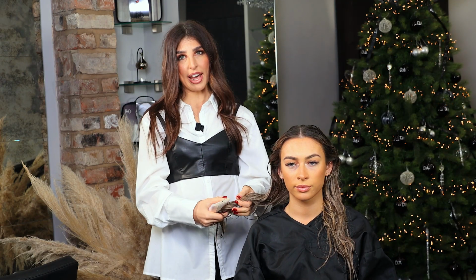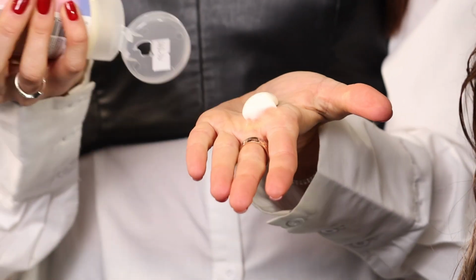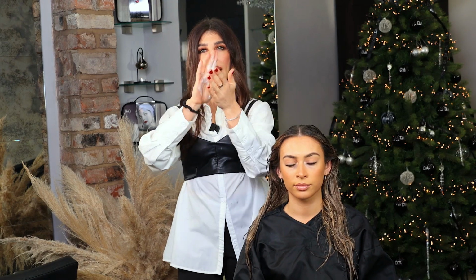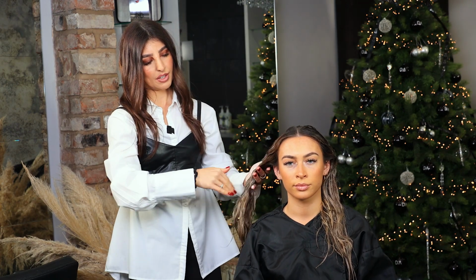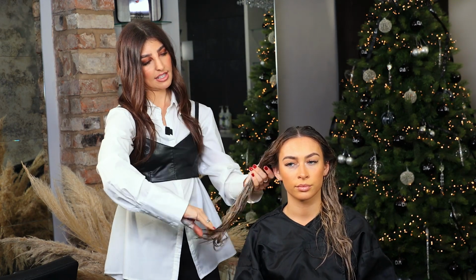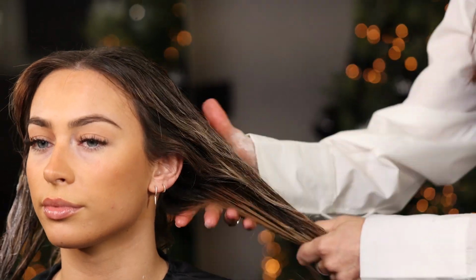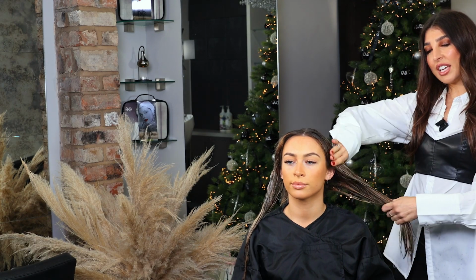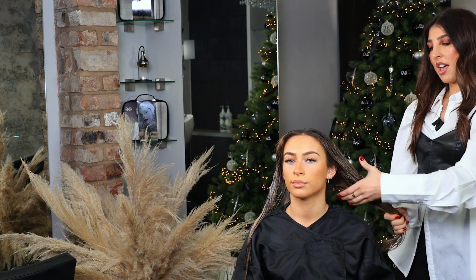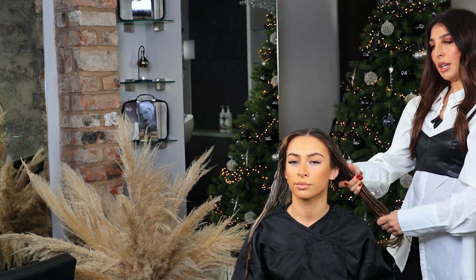I like to damp the hair down, so not really wet, just slightly wet, and then take a 50p piece worth of product, and then I'm going to show you how to apply. So I like to make sure the hair's damp, like I said, and then work it through the mid-lengths and ends, like so. So sometimes, depending on how much time you've got for your treatments, for best results, I would typically do this on a pamper night, so on an evening, maybe at the weekends or one day in the week,